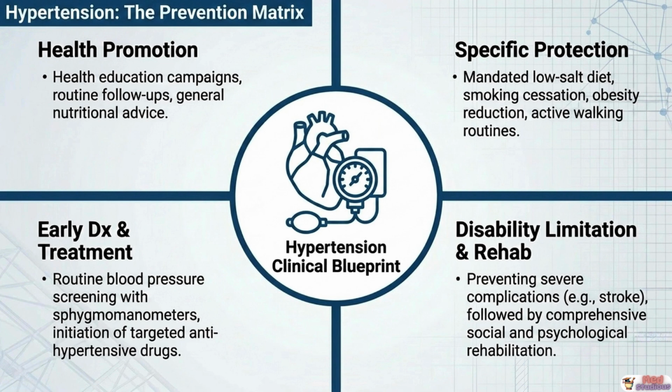At secondary prevention, the mode is early diagnosis and prompt treatment: routine blood pressure screening using sphygmomanometers at every healthcare contact, community hypertension camps, and initiation of evidence-based antihypertensive drug therapy when indicated. At tertiary prevention, the focus shifts to preventing the devastating complications of uncontrolled hypertension, stroke, hypertensive heart failure, and end-stage renal disease, followed by comprehensive social and psychological rehabilitation for those who have already suffered major cardiovascular or